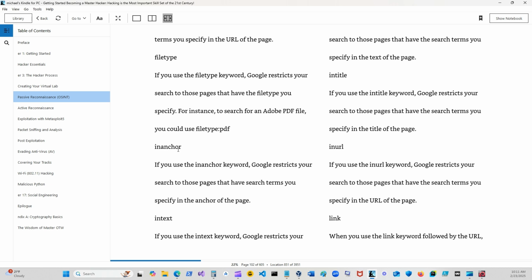inanchor. If you use the inanchor keyword, Google restricts your search to those pages that have the search terms you specify in the anchor of the page. intext. If you use the intext keyword, Google restricts your search to those pages that have the search terms you specify in the text of the page. intitle. If you use the intitle keyword, Google restricts your search to those